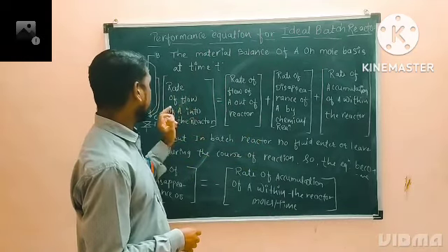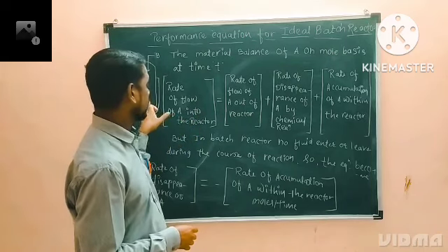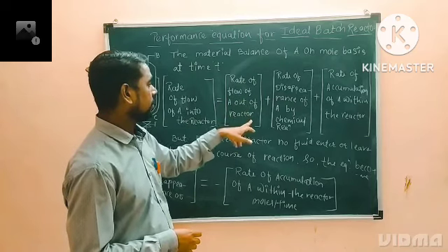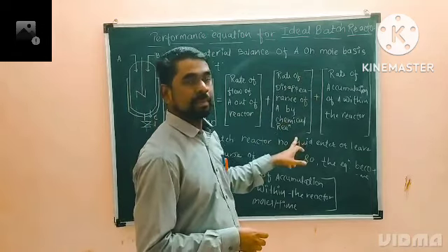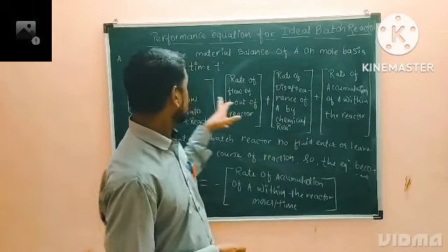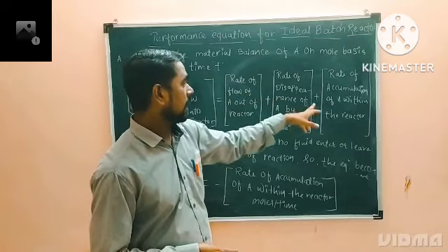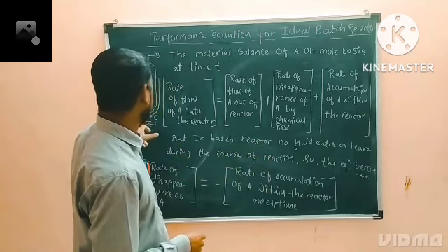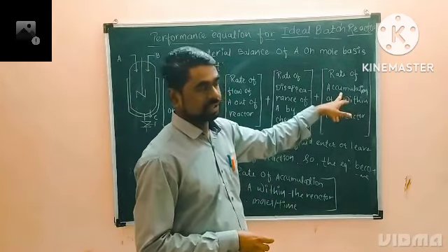The rate of flow of A into the reactor is the input, which is equal to the rate of flow out of the reactor, the output, plus the disappearance of A by reaction, which directly consumes the reactant to form the product, plus accumulation, meaning the part that remains inside the reactor, which is called accumulation.